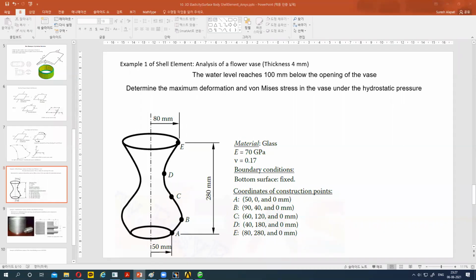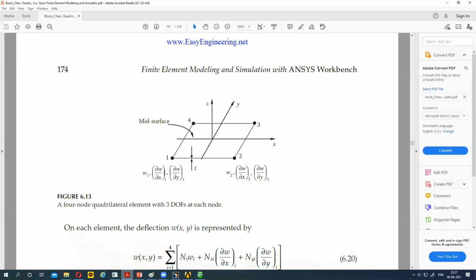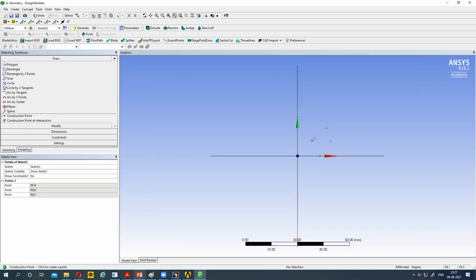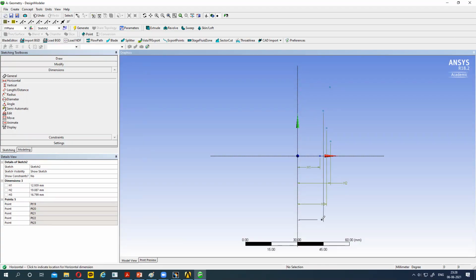Yeah, B point is somewhere here, C point is here, okay. D point is here, and E point is here. Now we have to adjust the dimensions, okay? You can also use 3D point, okay? 3D point and 3D spline, but